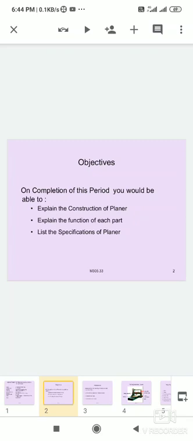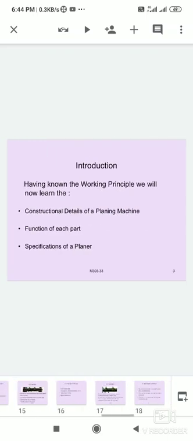There is no cutting operation, that is most important, and this point is very important for competitive exams and board exams also, end semester examination also. So it must be learned and drawn easily, a simple topic. There is no hard topic. This is the construction details of double housing planer or planer machine and specifications of sizes and explaining each part of the components. These topics we have learned today.